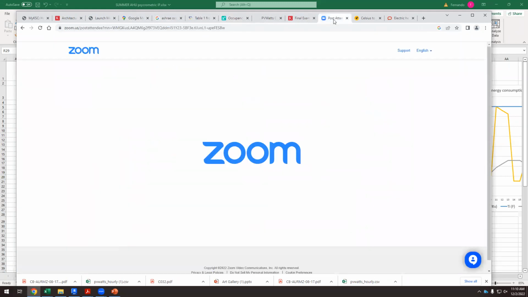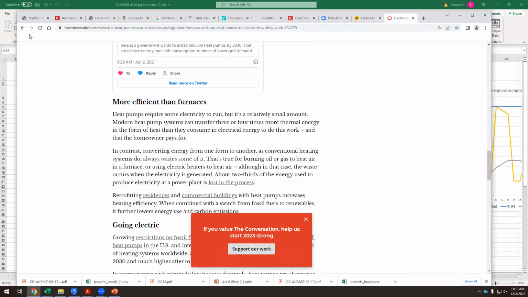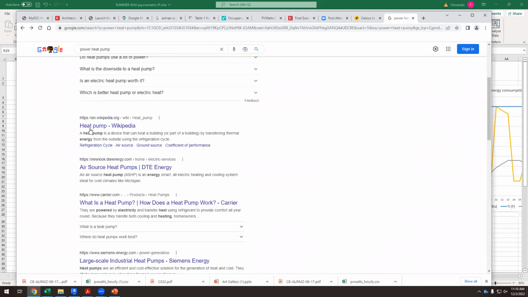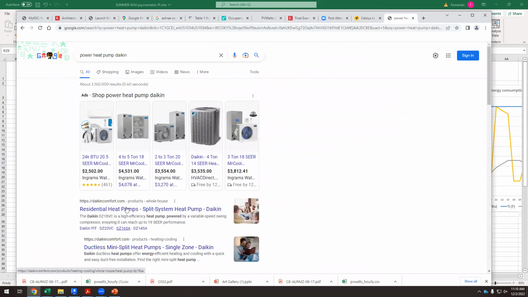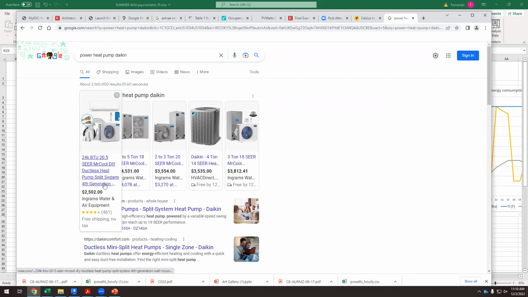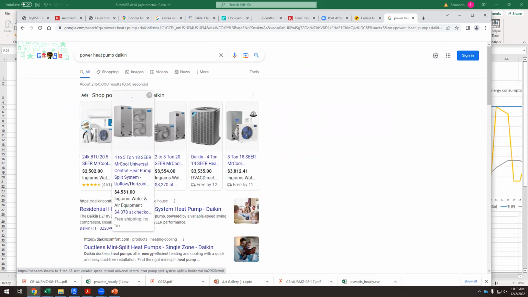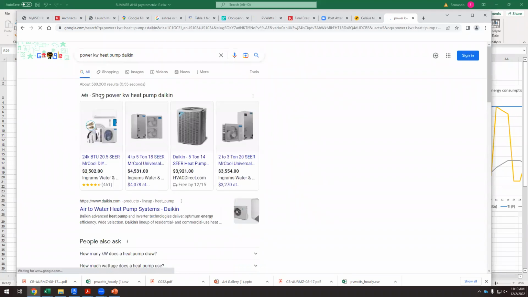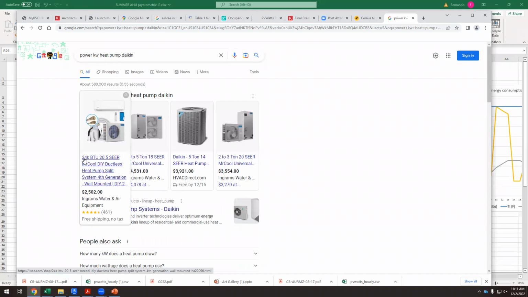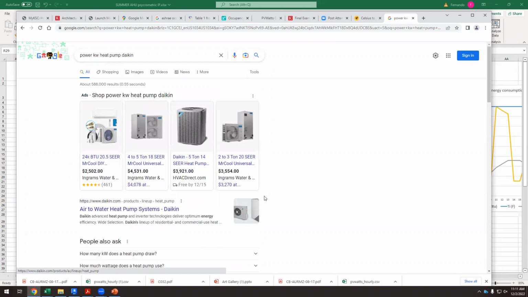No. Let's open the Daikin. Okay, here we have BTUs, but I want the power in kilowatts. Okay, so this is 24 kilowatts. This is